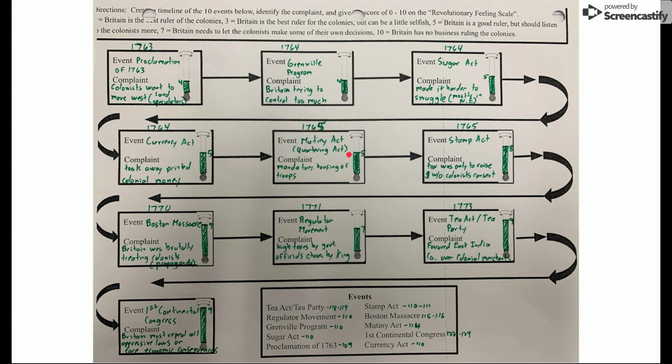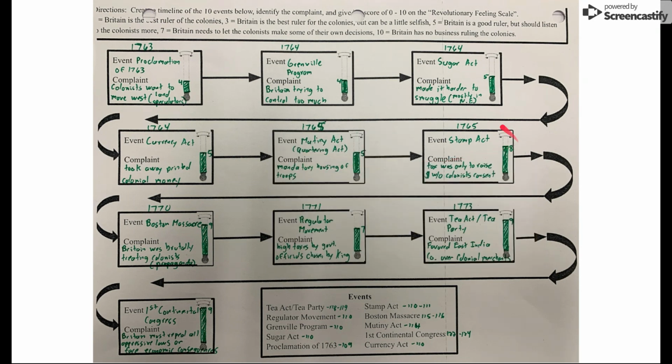With the Mutiny Act, the Quartering Act, that's what it's better known as, soldiers were allowed to stay in colonist houses, and they didn't have to get permission for that. That also was kind of a continuation of something that was happening already a little bit towards the French and Indian War. So these are relatively low. It's a little bit higher. I have it at 4 here and up to 5 here. It's a little bit more intense, but it's not anything super brand new.